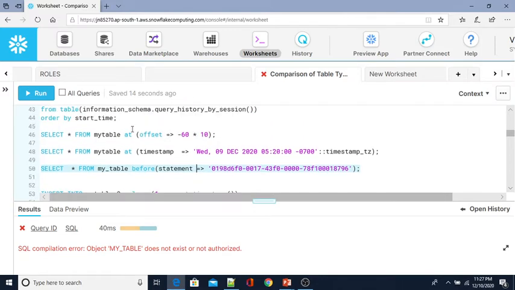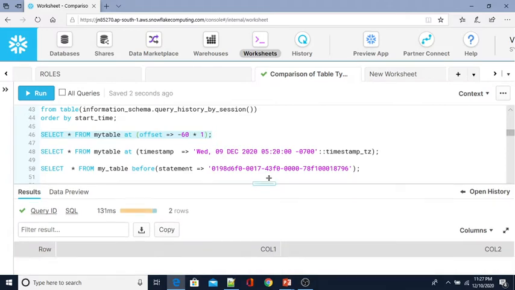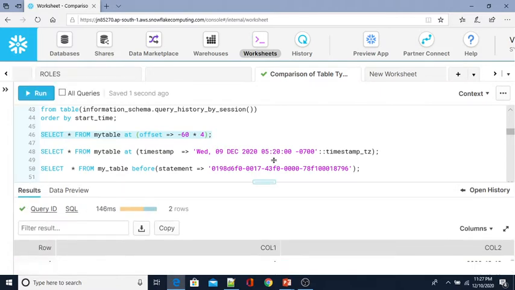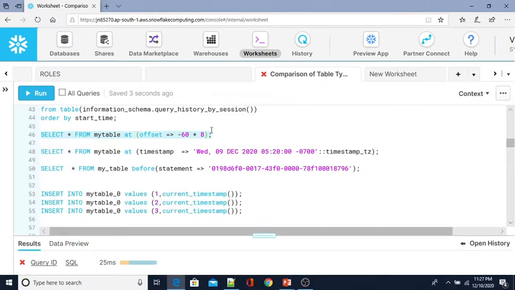Why? So let me check here now. Before 1 minute, what was the data over here? Two rows only. Before 4 minutes, let me check what was the data. That's the same. And before 8 minutes, now no, 8 minutes: table not yet created.